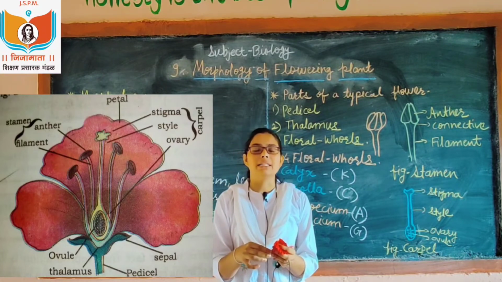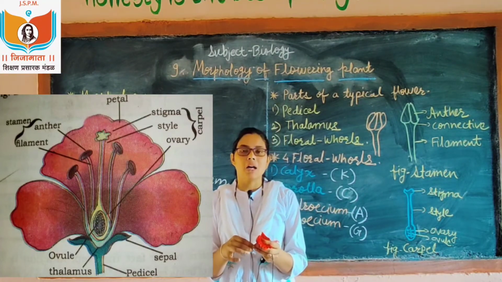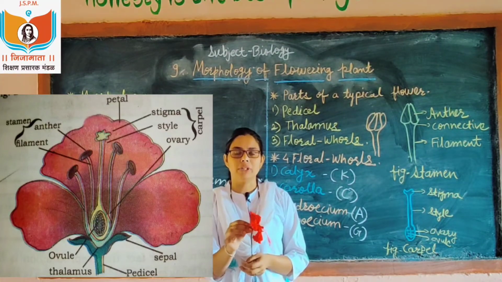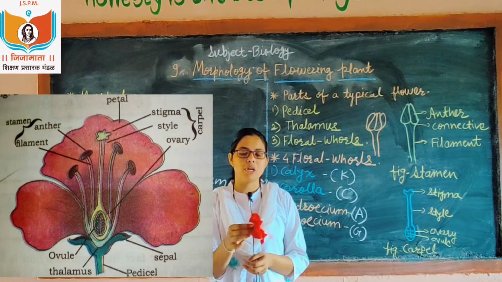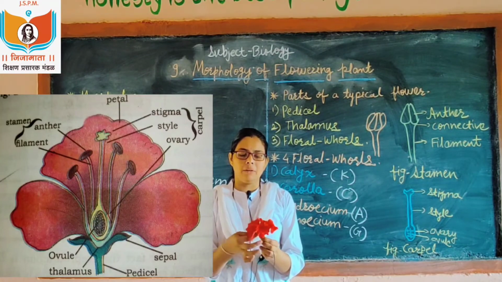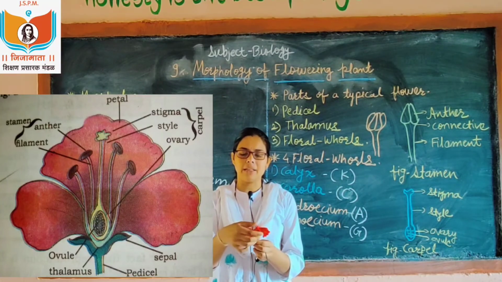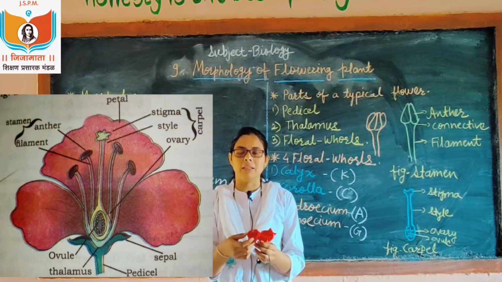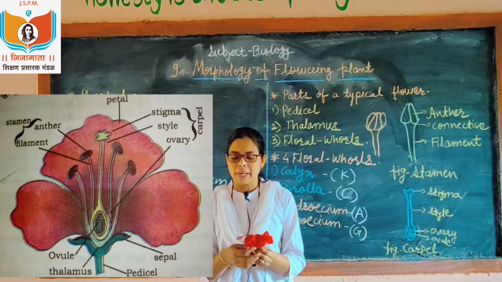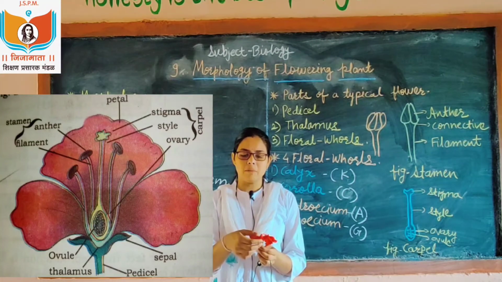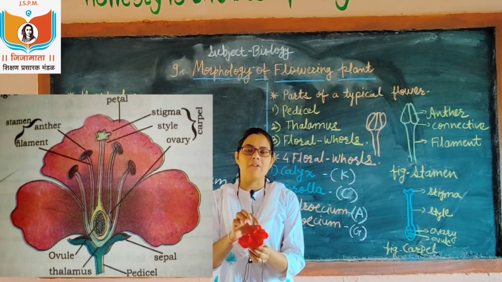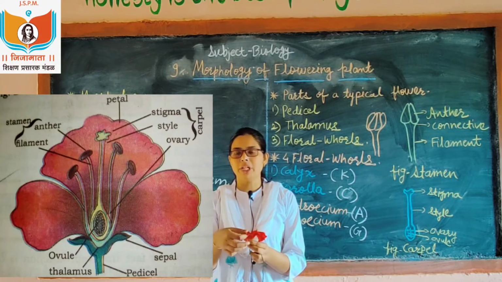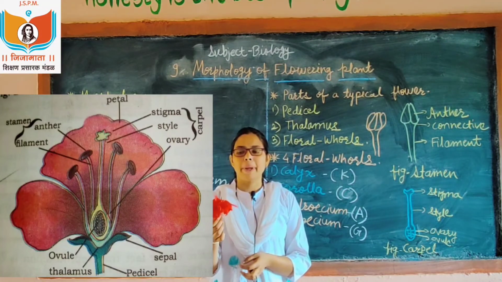Its members are called sepals. Here the sepals are joined with each other, so that term we call gamosepalous. After that, large petals are present, and these petals are 5. After that, the corolla is present, and the members of the corolla we call petals. These petals are 5 in number: 1, 2, 3, 4, and 5. All these petals are free from each other, so we call it polypetalous.